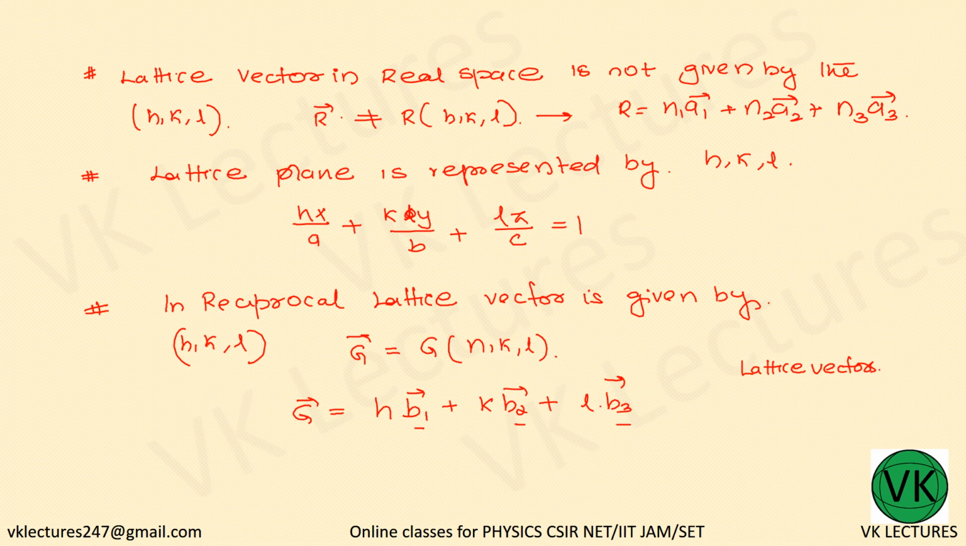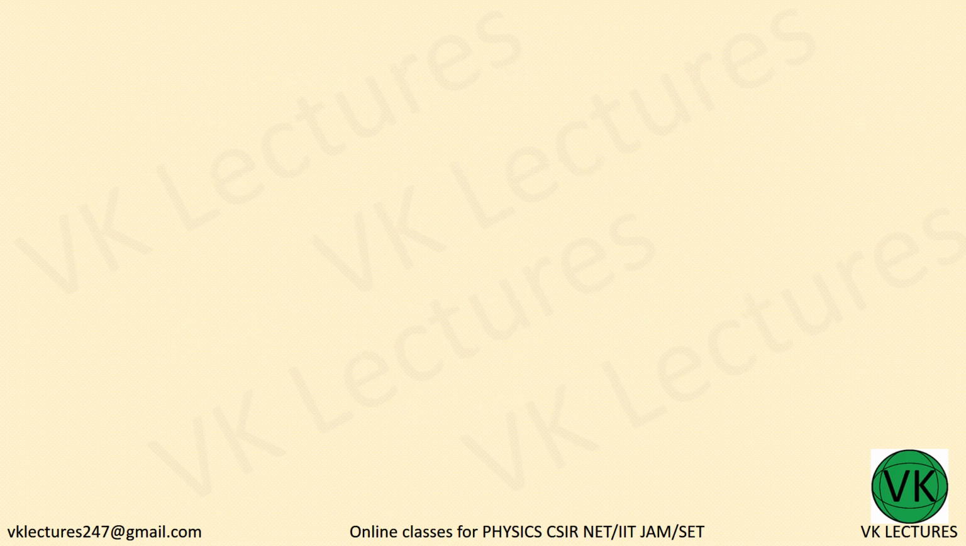In that are the reciprocal lattice vectors. Now let us see different cubic structures in reciprocal lattice. We will start with the simple cubic. In simple cubic, it is a primitive structure. Primitive means the number of atoms is equal to 1,